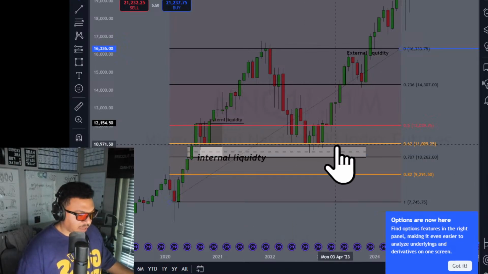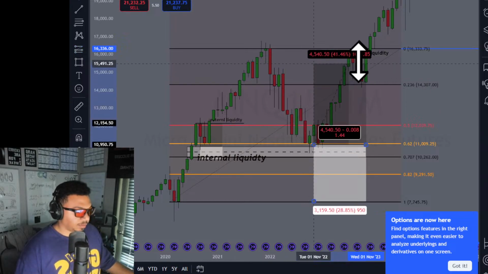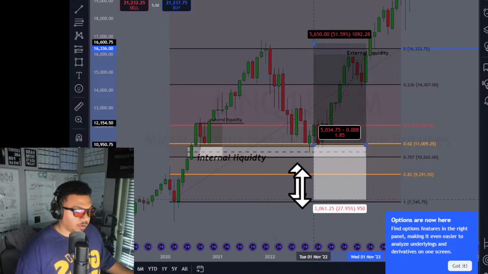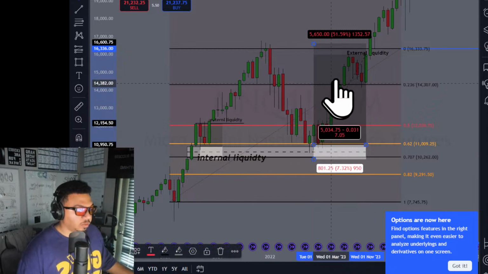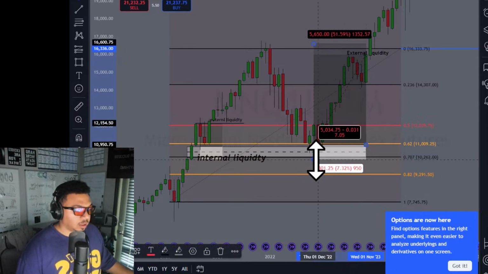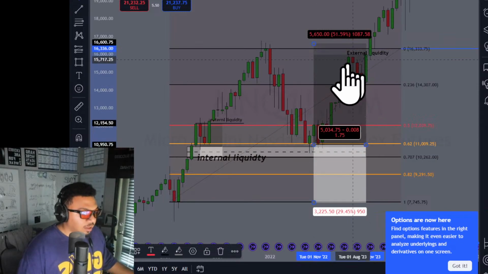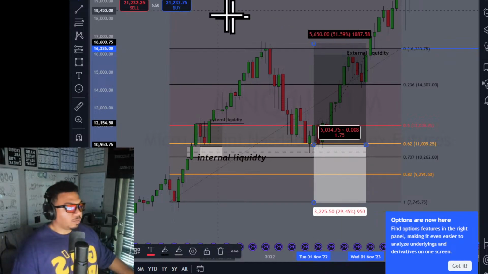If you're taking this higher time frame trade, it would be framed like this, right? Stop loss could go below the low of the candle that created the internal liquidity. So this would have been a great risk reward ratio trade. You could actually hold this as a stop loss if you wanted to have a wider stop. Again, you'd have to adjust your risk management in that scenario, but what have we really gone over here?